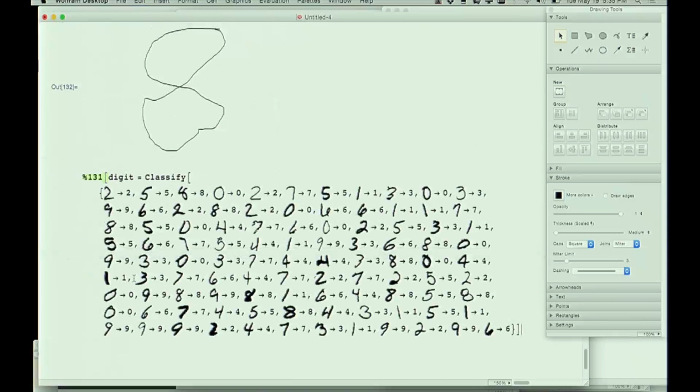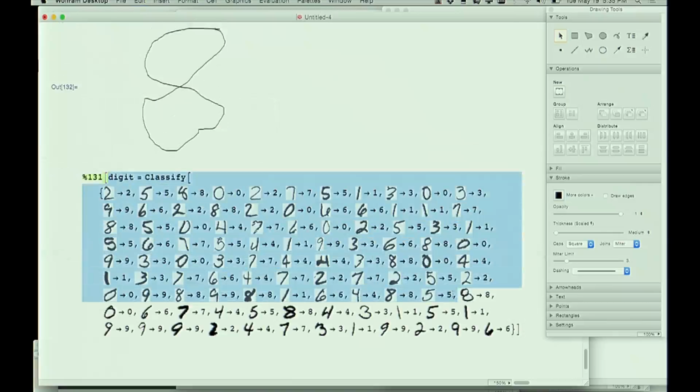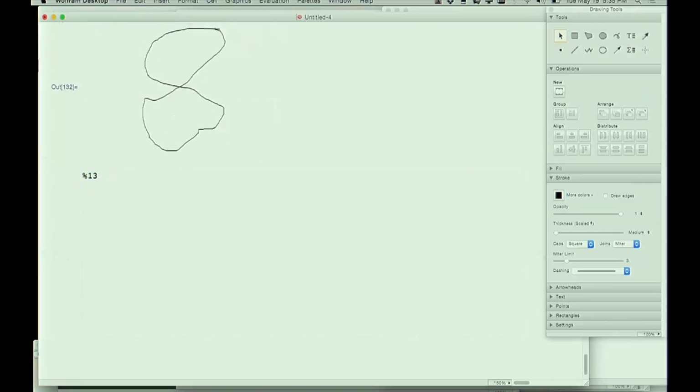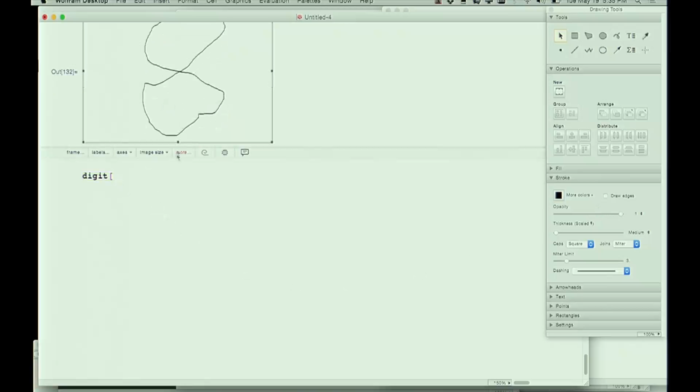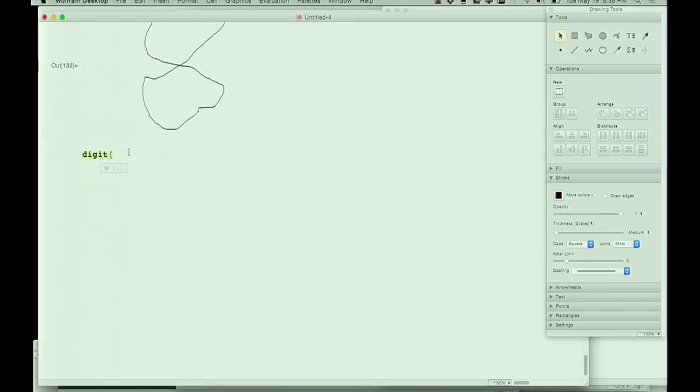I bet it's going to give the wrong thing, sorry. Oh, it was called digit, so that's easy. Let's apply it to the thing that was on line 132, which was that 8, and it says it's a 4. Sorry. It's a small training set, but